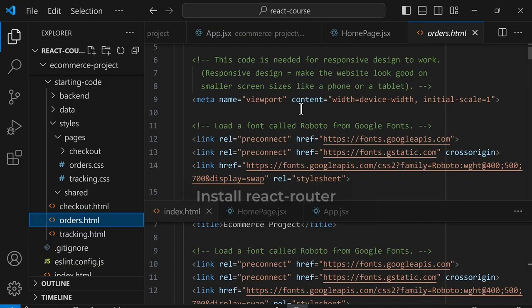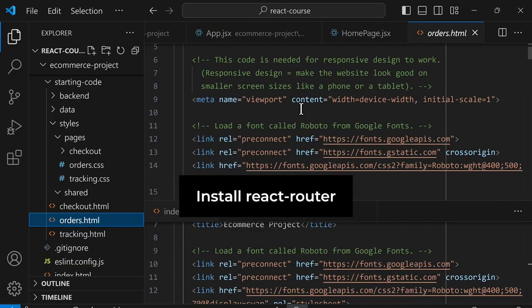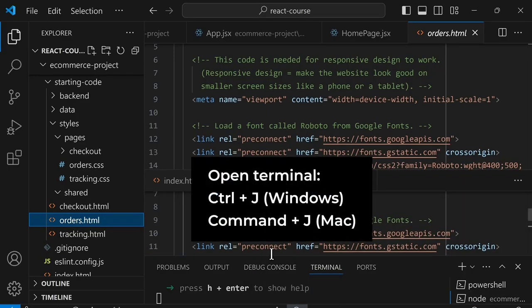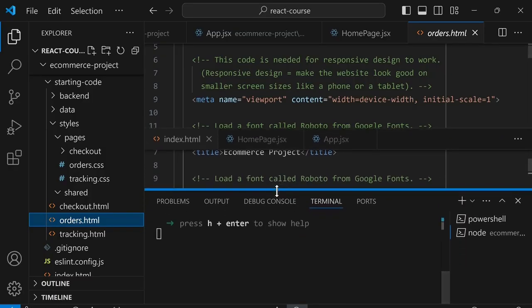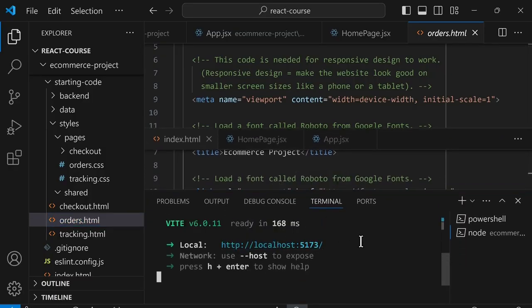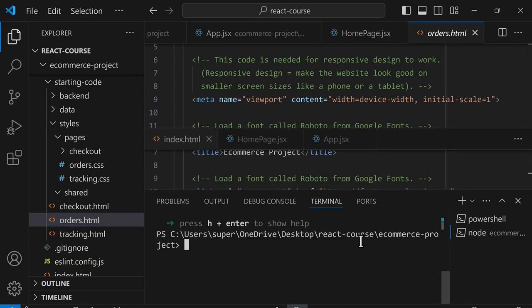To use routing, we're going to install an npm package called React Router. So let's reopen our terminal. You can click here and drag up, or press Ctrl-J on Windows or Command-J on Mac to open this terminal. Now we currently have the Vite server running, so we'll press Ctrl-C on Windows and Mac to stop the Vite server. And to install React Router, we're going to run the command npm install